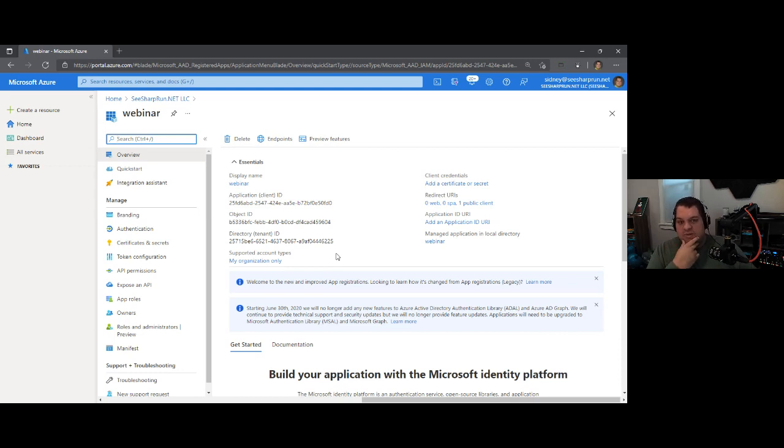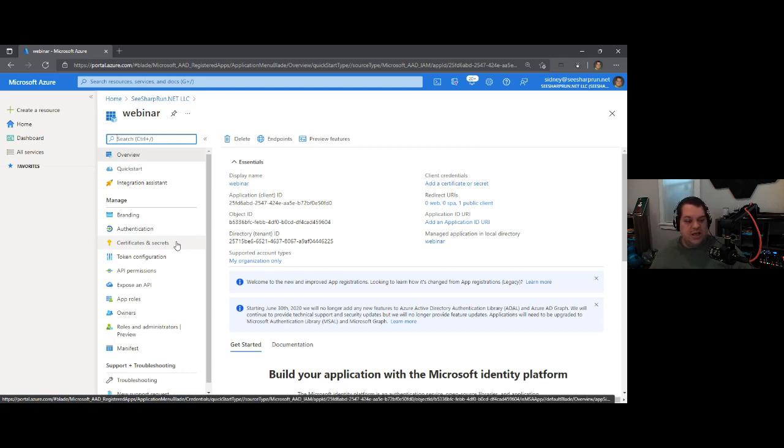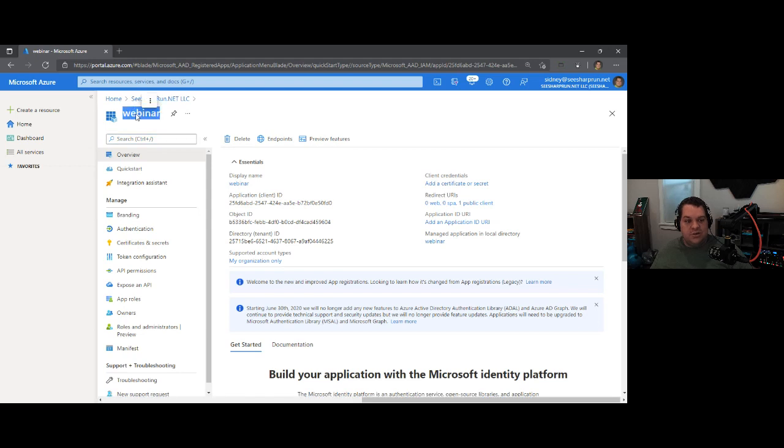Now, the idea with these server-side applications is I intend to run them in an unattended manner, right? Pun intended. And the idea here is that I need something to validate that I'm actually authorized to run this application. So what I'm going to create is a client secret. This is something I can pass to the MSAL library saying, hey, this is permission for this Azure AD application, not a specific user, but this actual application, to access an API. So I'm going to go to Certificates and secrets,